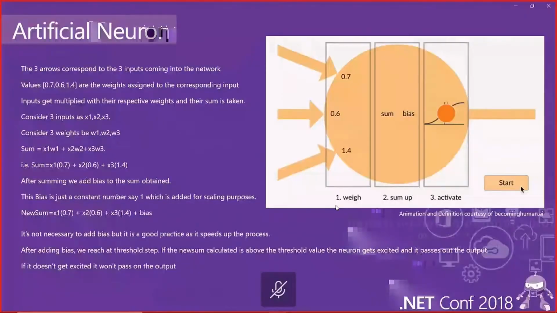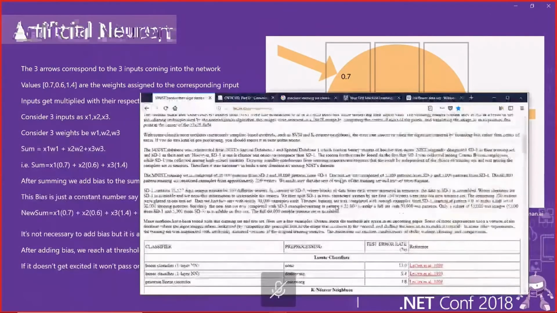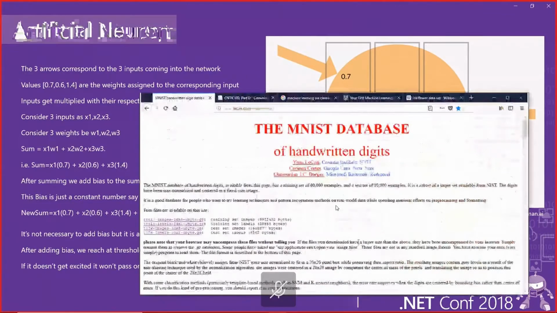So as I told you before, there are a lot of databases and datasets that we're ready to use for our teaching purposes. One of the most known is the MNIST database. The MNIST database is a database of handwritten digits, and we have 70,000 labeled examples and 10,000 samples that can be used to get the result.